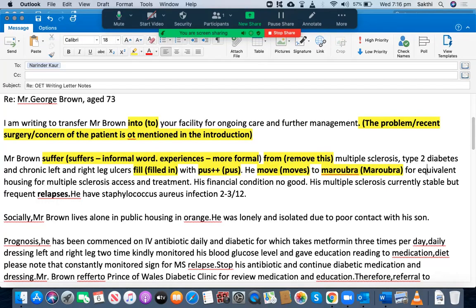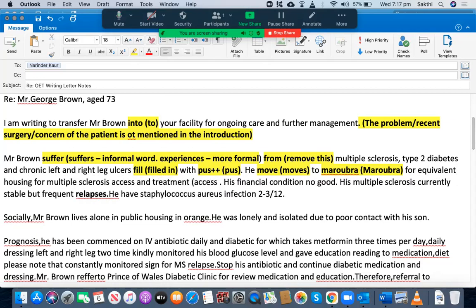Marobra for equivalent housing with the multiple sclerosis access and treatment. Okay, equivalent housing. All right. He could have used something like similar housing for multiple sclerosis access and treatment. So instead of that, she should have used for access and treatment for multiple sclerosis. Okay, I mean it could have been